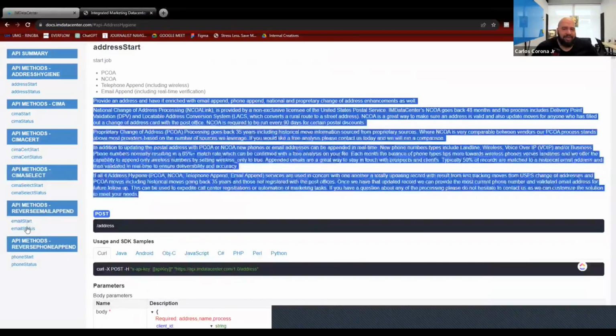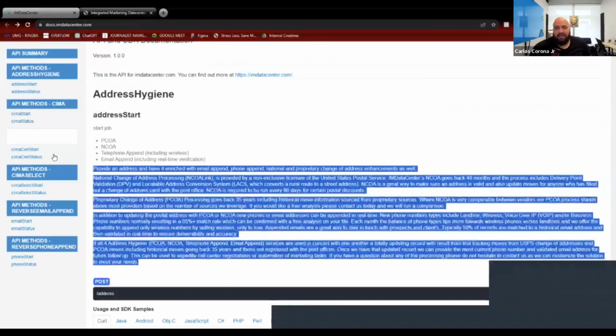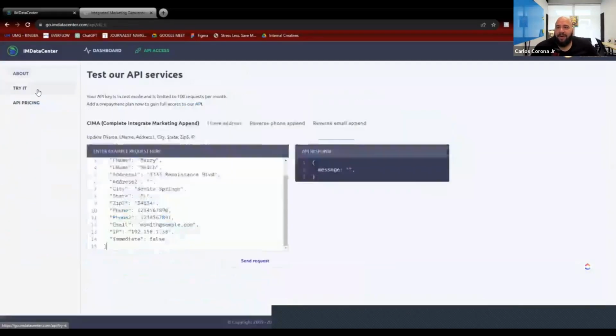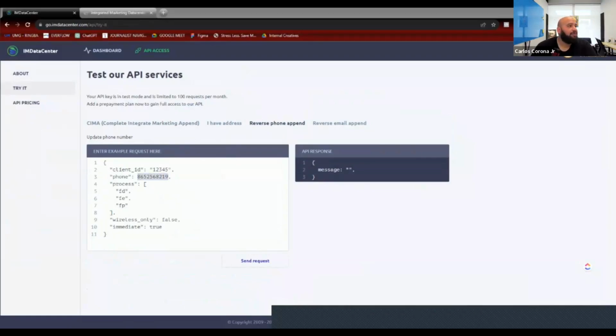emails, reverse phone number, and then their signature things are CEMA and CEMA Select, which if I show you real quick, not to take much time, you will see here the CEMA Select and the CEMA reverse phone number. So let's say that you have a phone number that you collected from somebody. Let me make up a number real quick. Okay, so let's say the number is